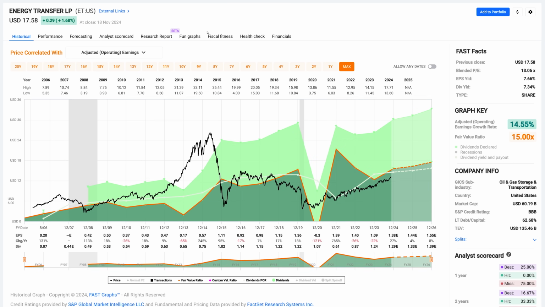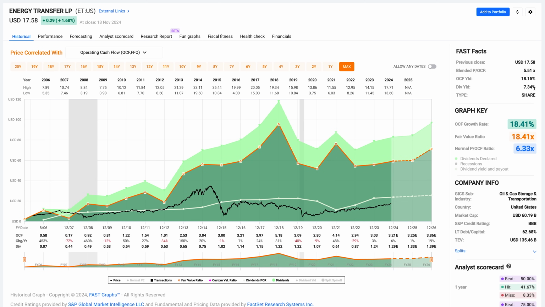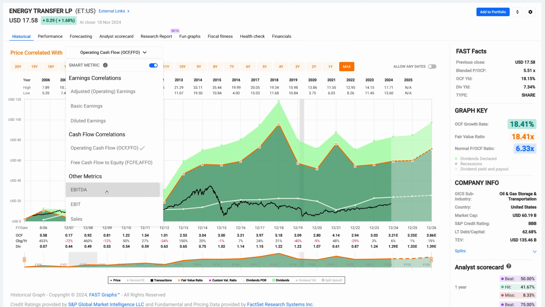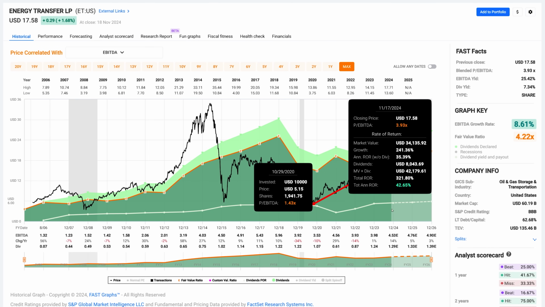The next stock I'm going to look at is Energy Transfer. And again, earnings don't really tell the story. I want to go ahead and look at operating cash flow because this is all about the dividend, a 7.34% dividend yield. We've got a lot of cash flow covering the dividend. If I look at it from an EBITDA standpoint, once again, I get decent valuation. And you can see when the valuation got really low here, what a great time to be